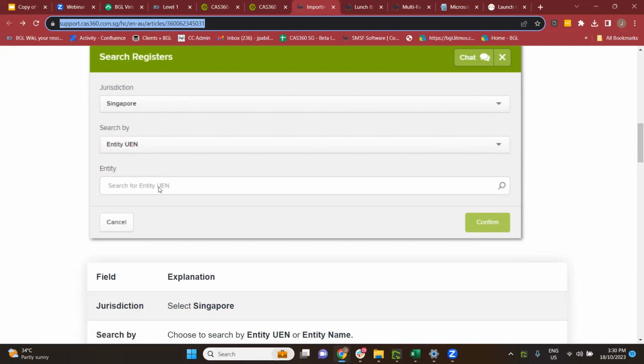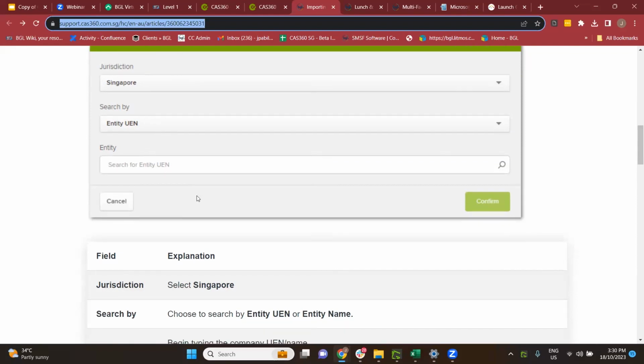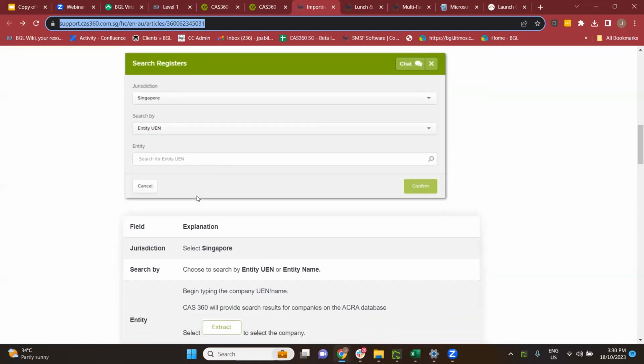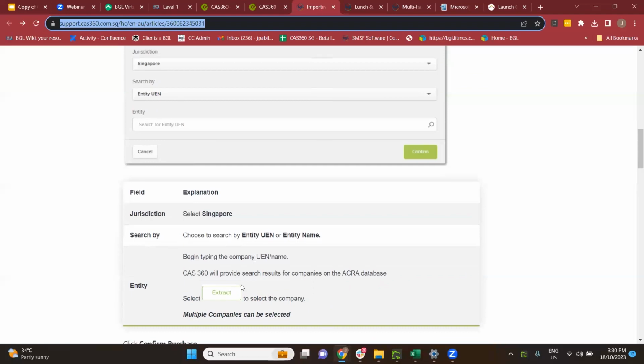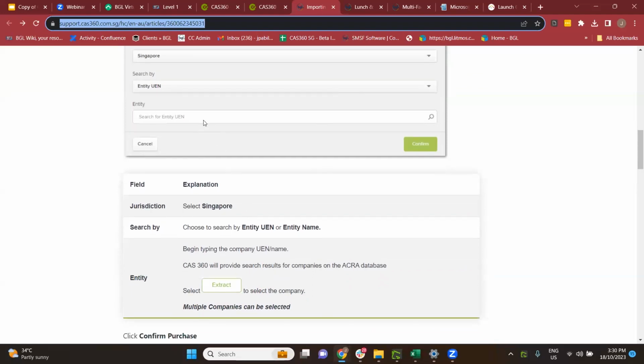When you type the UAN number of the company, CAS 360 is smart enough to search whether this particular company exists in ACRA's database. You can simply select that particular company that you want to extract, and once you click confirm,